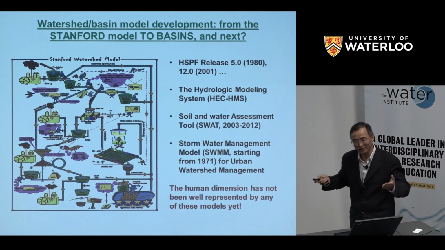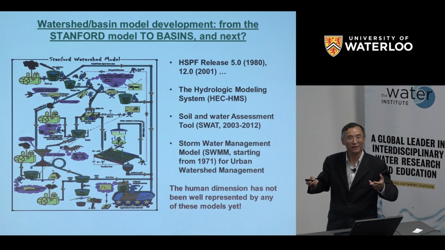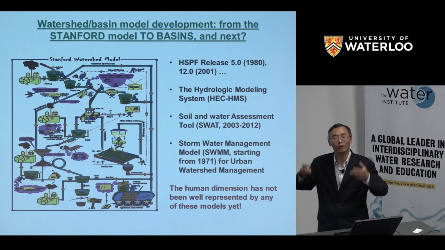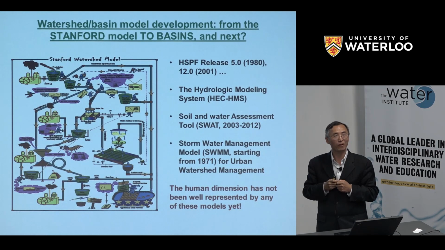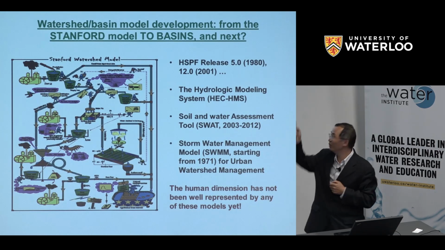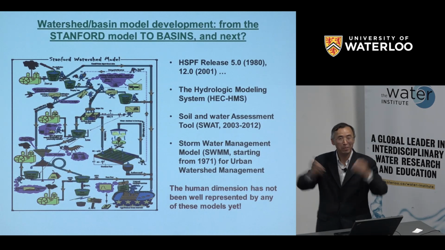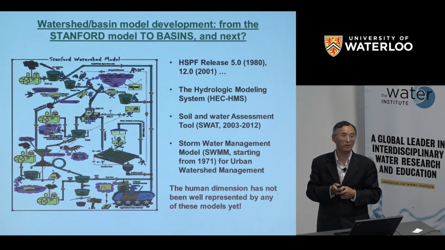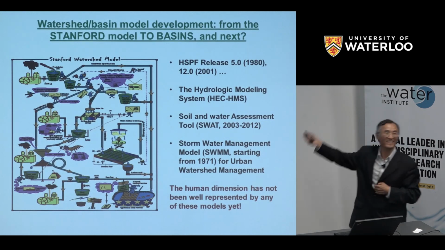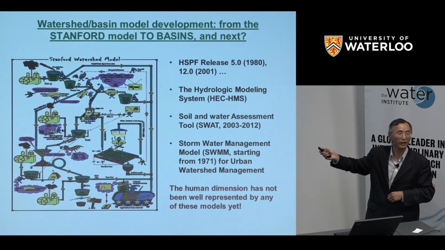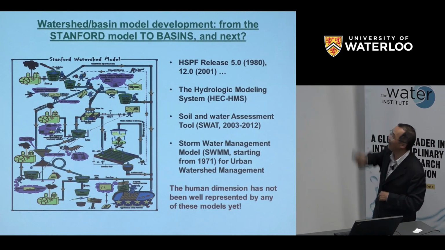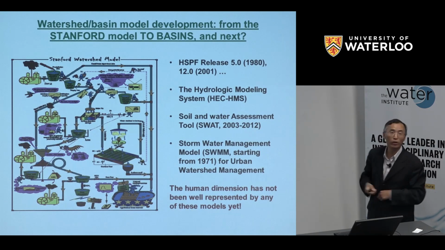That really means that from the very beginning, at least in the minds of the hydrologists at Stanford, if we want a reasonable river basin or watershed model, we have to somehow combine both natural and human components. But unfortunately, in the models we have been using over the years, no matter the old models like HSPF or HEC models, or relatively new models,